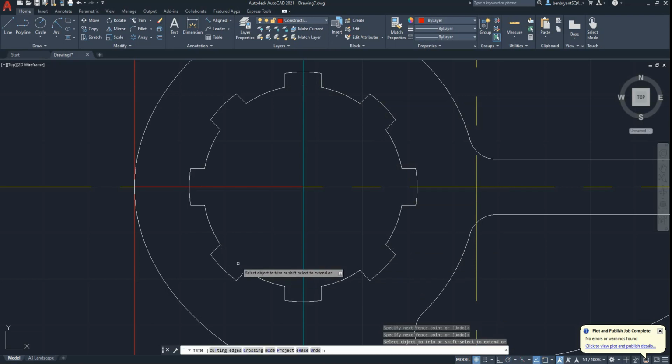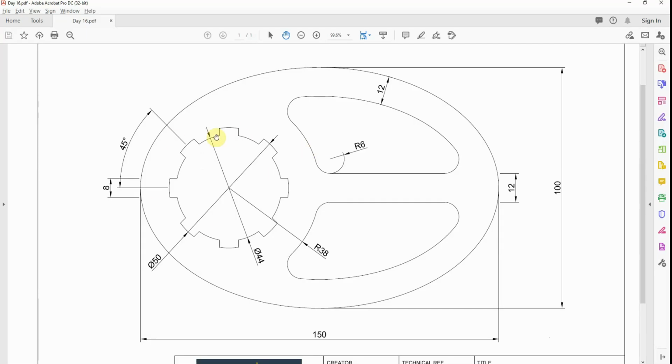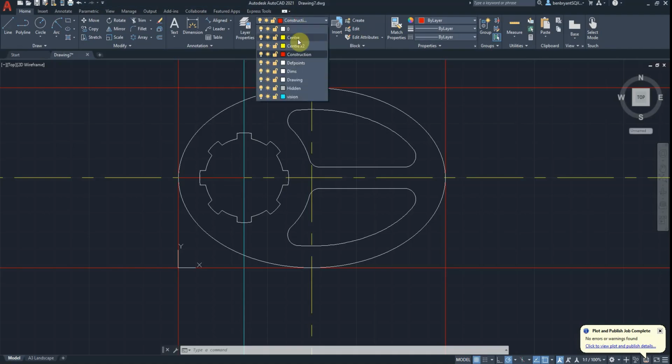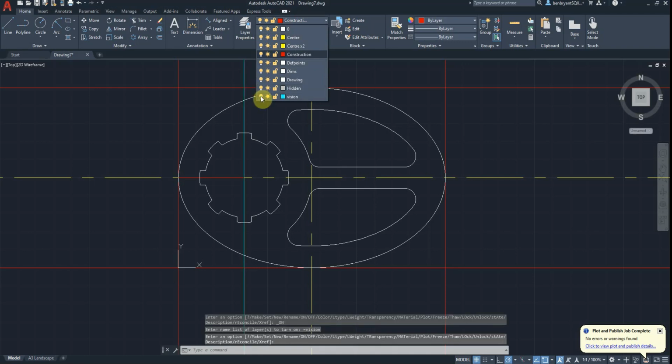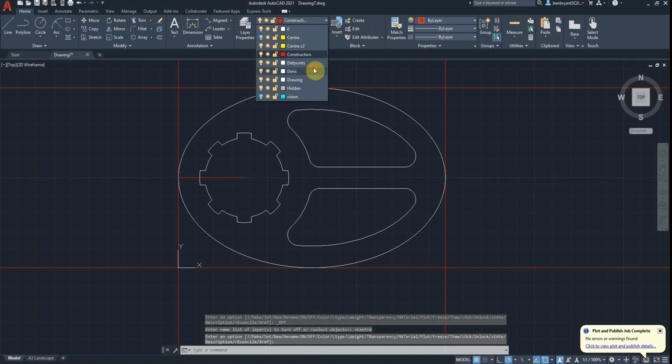Obviously you don't want to delete 44 because you have the other part. So that's this section in, 8 of those, 2 mirrored around the outside. So now it's just putting in our dimensions. So I'm just going to remove my vision layers, going to remove my centers at this stage, make sure I'm in dims,